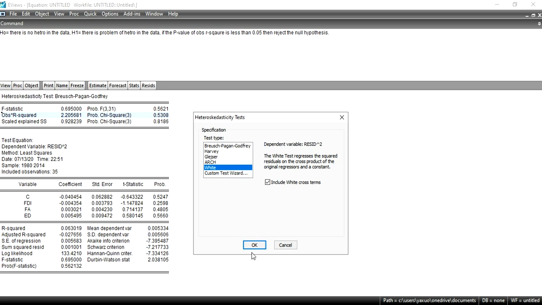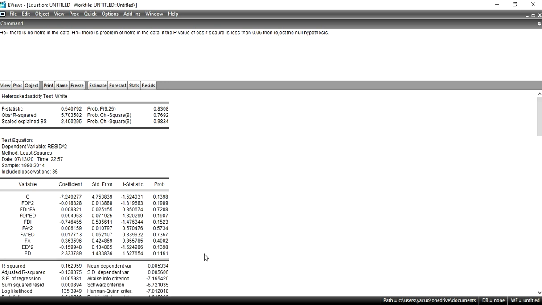When you apply it, you can see that these results are showing cross terms. FDI into FA is a cross term. FDI into ED is also called a cross term. When one independent variable is multiplied with another independent variable, it is called a cross term.